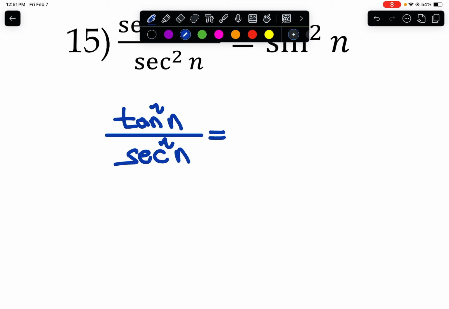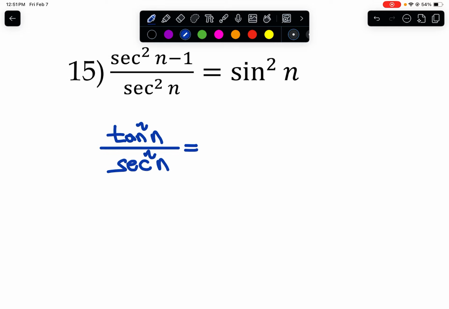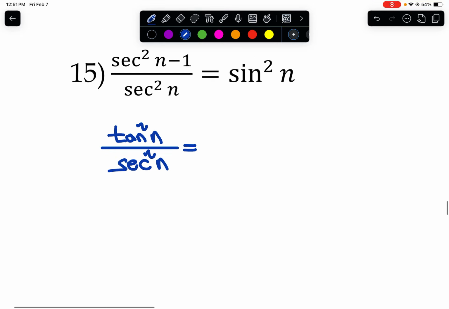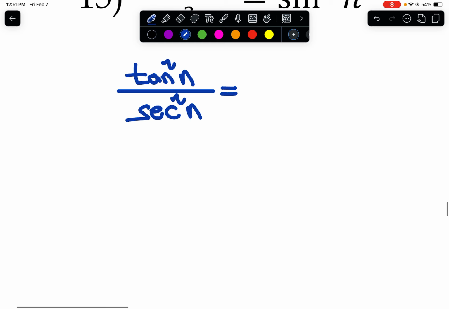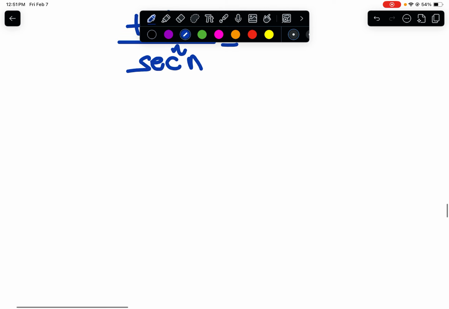Okay, and then we want it to equal sine squared theta. Nope, looking at the wrong problem. Sine squared n. So now I'm going to change tangent squared n and secant squared n to